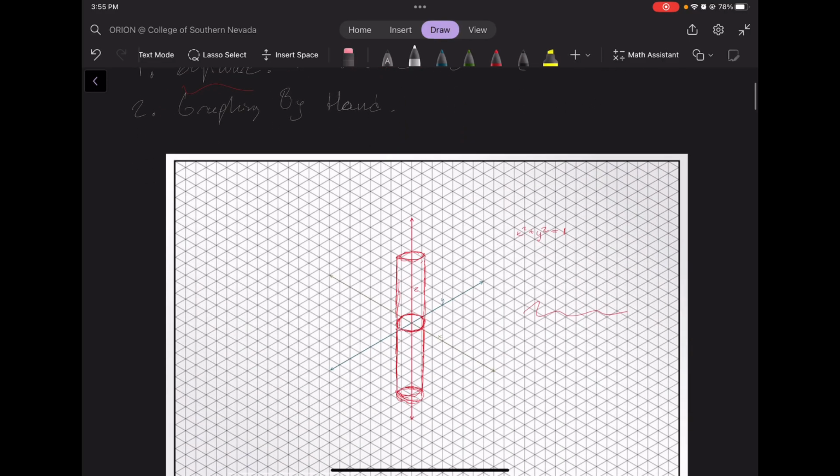Now, of course, seeing stuff on a screen may not help somebody. Even if you can rotate the object around on the screen, they may have issues learning it visually, and they're kind of like, okay, I don't really understand it. In that case, if they kind of don't really understand how things are forming, they can start graphing by hand. And if they graph it by hand, there's a few things you can do. You can kind of graph each set of the three